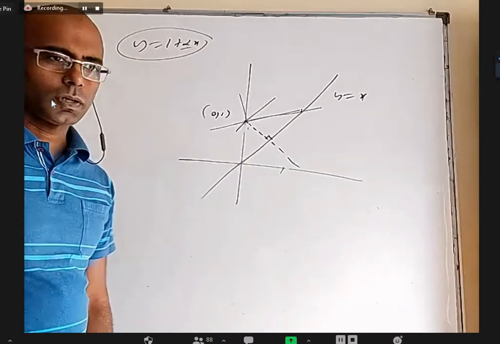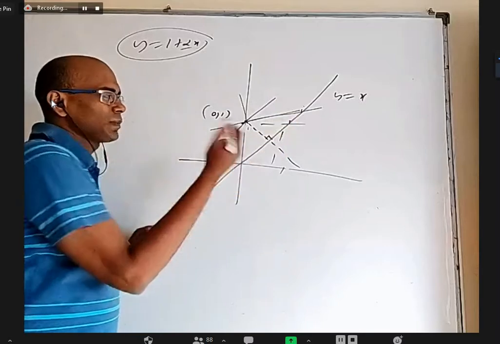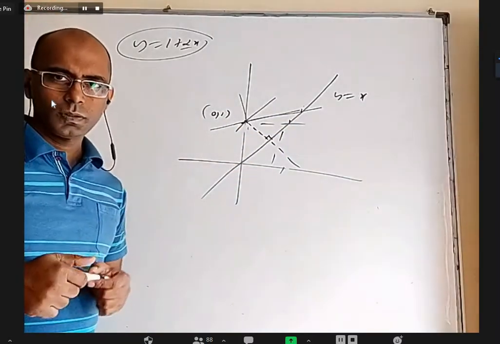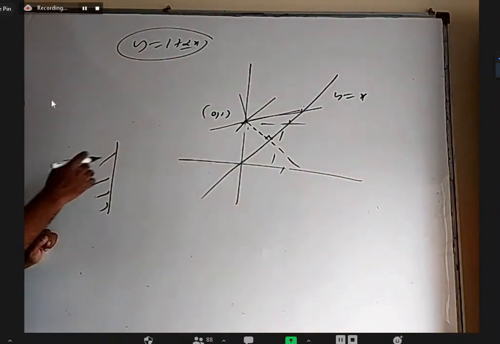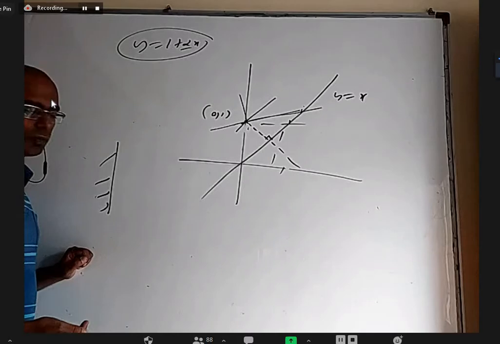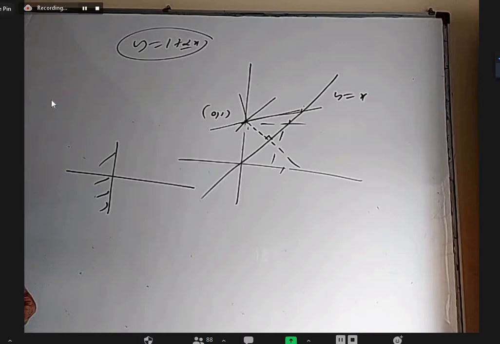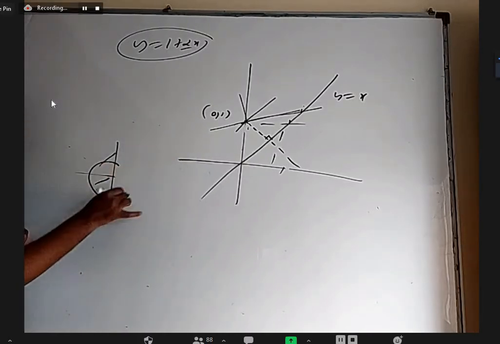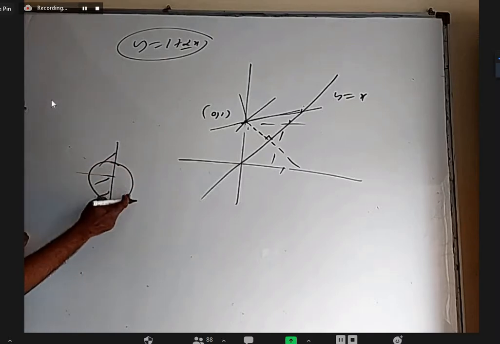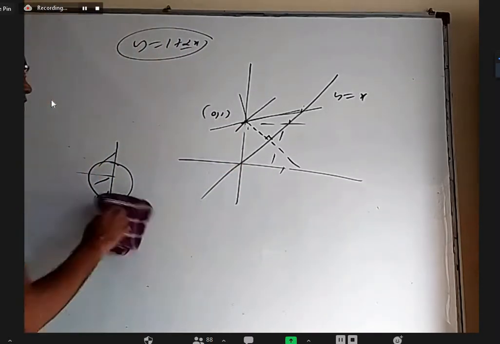So other than the perpendicular line, if I draw any other line, the mirror image will be some other line. So if you have a mirror and you want the object and image to match, the only way is that the object should be like this. Of course, if it is a circle, I can have a circle where this mirror image and this mirror image can match. Anything symmetrical about this, basically.